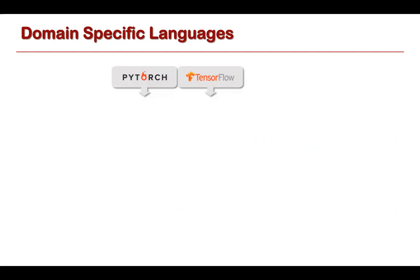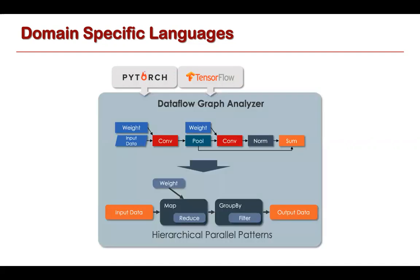So in terms of the languages used to develop machine learning, most machine learning applications are developed using high-level domain-specific language frameworks, right? And domain-specific languages is an area that I've done a lot of work on in the past. And in fact, some of the early work we did on machine learning domain-specific languages kind of predated and shone the way, the path for the work that's being done in some of the languages that are being used here, PyTorch and TensorFlow. And so if you look at these